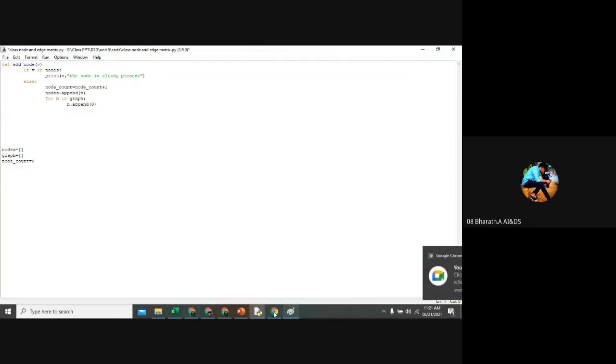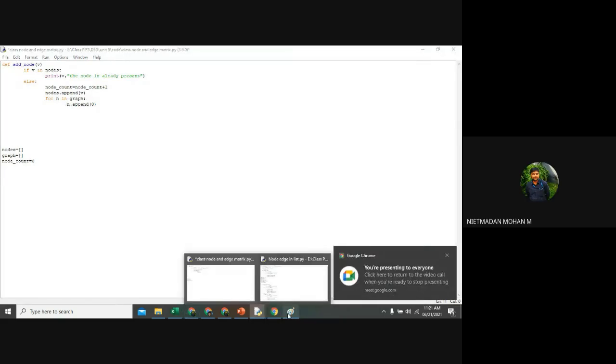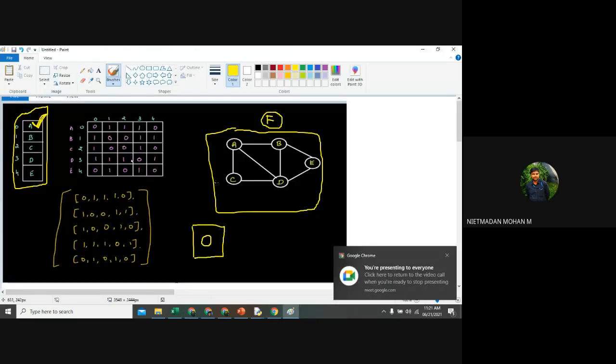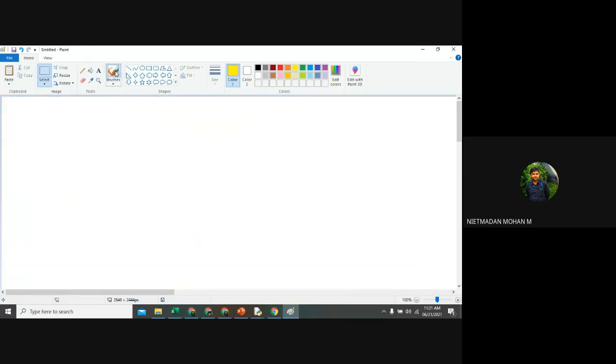So what is the thing? You just forgot this. I am going to represent a node. First, I am inserting a node called n. So the first step, I have created one empty list.